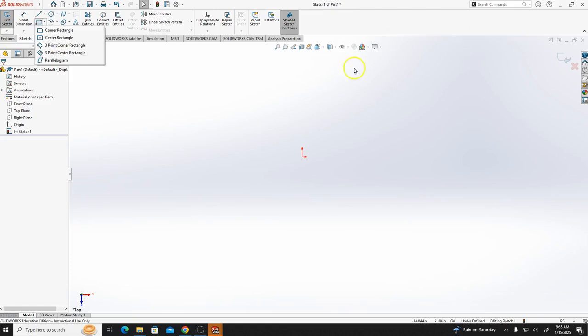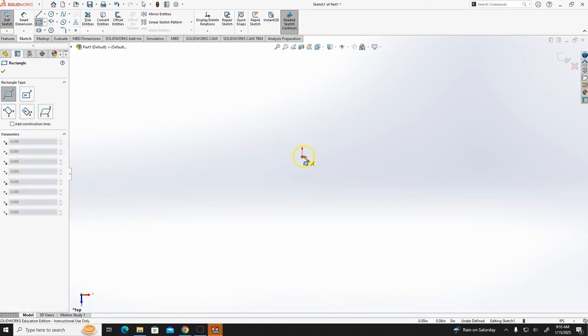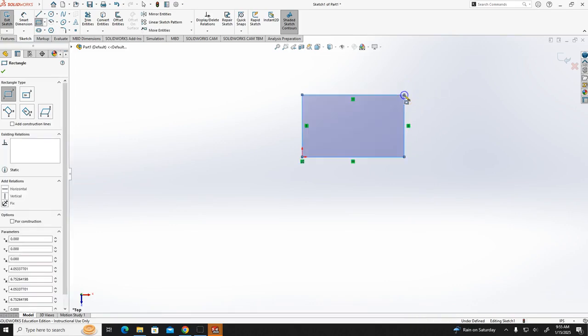Click on the corner rectangle, then specify the first corner and specify the second corner. That will draw a rectangle passing through the 2 corners. Then from here